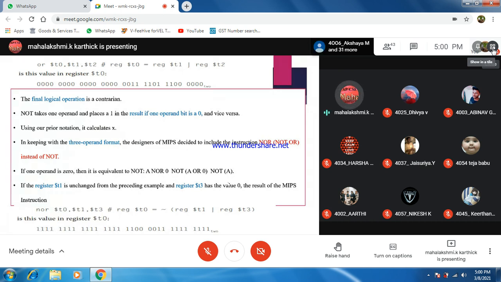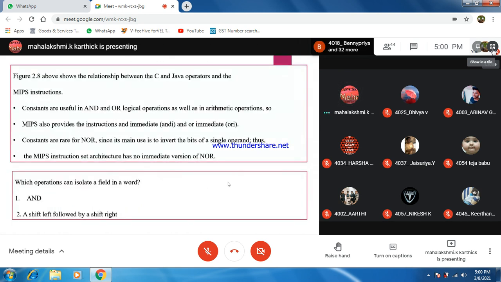With more examples it will be easy for you. Any instruction given to you can be easily converted to assembly language, and thereby to machine code using R format or I format. Any relationship between C or Java operators in front of you can be easily converted to assembly language.